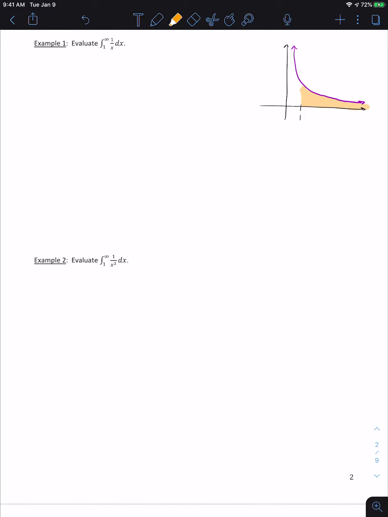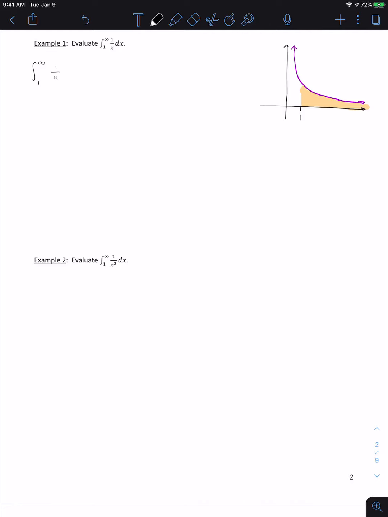So the question is, is that a finite area? Or does that graph, that purple graph, not ever get close enough to the x-axis in order to make that finite? That's essentially what we're trying to find here. Okay, so by the theorem, what we can do is we can say, okay, the integral from 1 to infinity